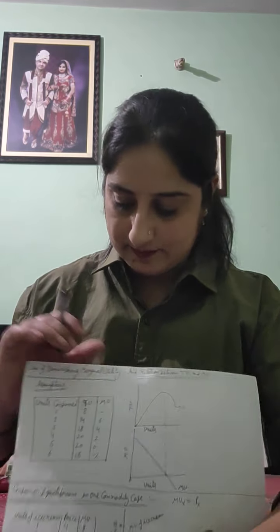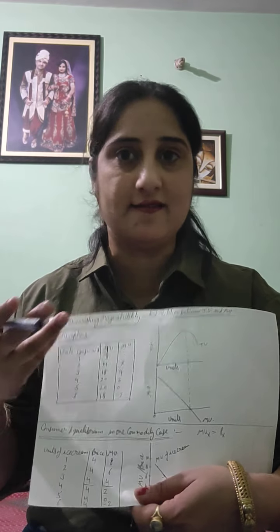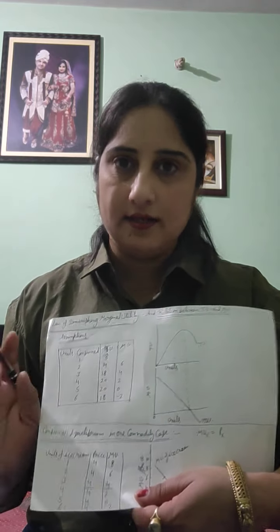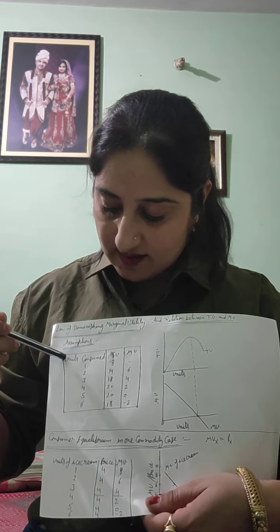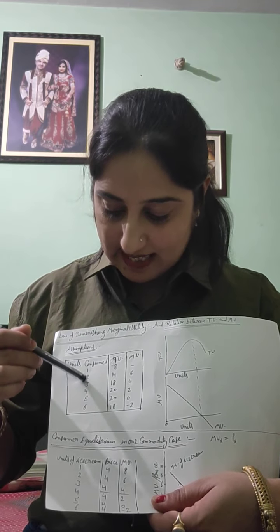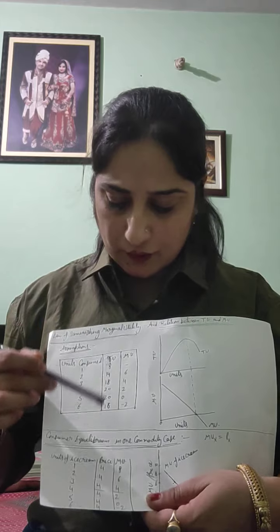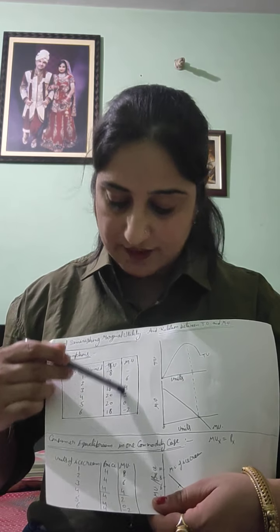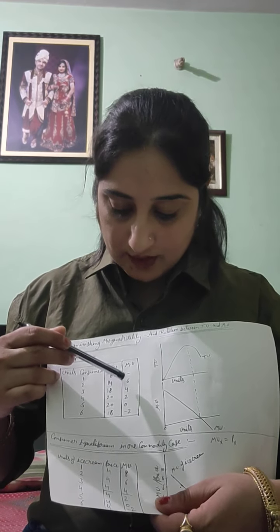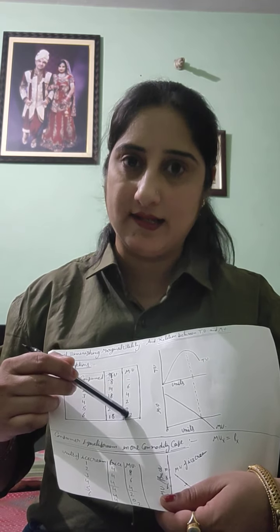This is the law of diminishing marginal utility. We can understand it with the help of a table and a diagram. I use the same table and same diagram. So this is the units of commodity, chocolate flavor ice cream. First, second, third, fourth, 5, 6, and this is total utility. There is no use of total utility now. This is marginal utility. Marginal utility becomes 6 to 4, 4 to 2, 2 to 0, and 0 to minus 2.